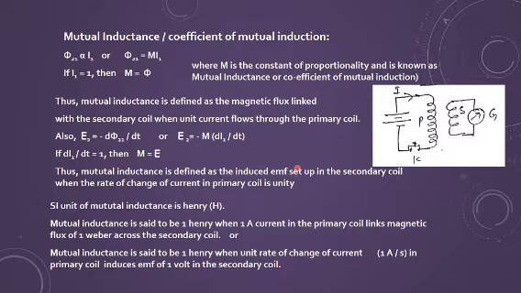The whole thing is the same, but the only difference is that there the flux was changing in the same coil, and here the flux is changing in the neighboring coil. Of course, you can define 1 Henry by using either of these two equations. It means you can write it in Weber.